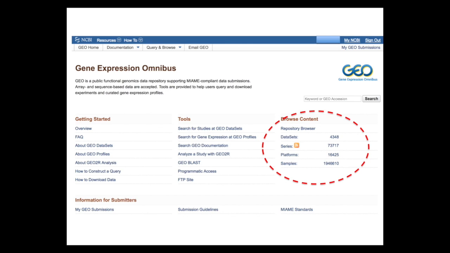Has anybody tried to get this information out of Gene Expression Omnibus? Yeah, what do you think? It's not easy. It's horrible. Some of the formatting can have issues. Some of the clinical information is not in the best place that you would want it. The tools that they use to analyze this on the site aren't very adequate. But this is where it is, and this is where a lot of biotechnology right now is concentrating.